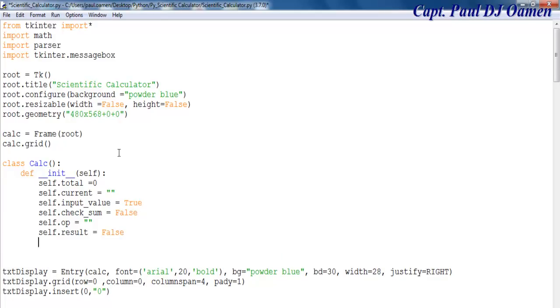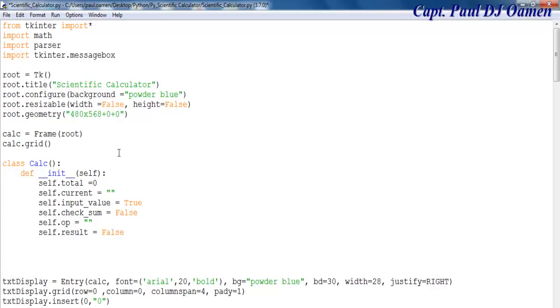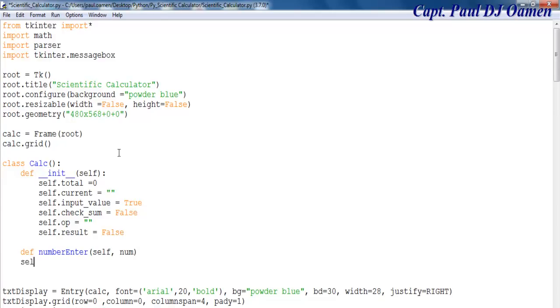Right. Now that all of that is done, the next thing, I'm going to declare another variable, and this is going to be for my number. So I'll call that number enter equals self underscore num, self dot